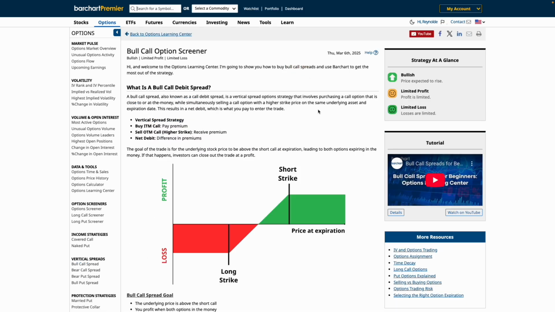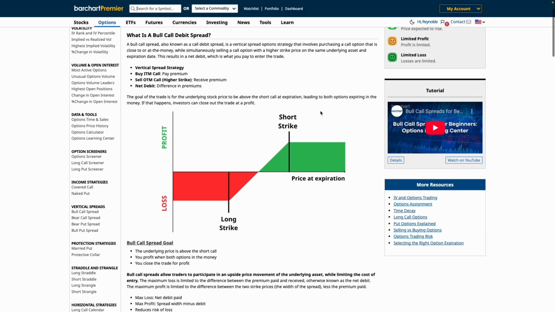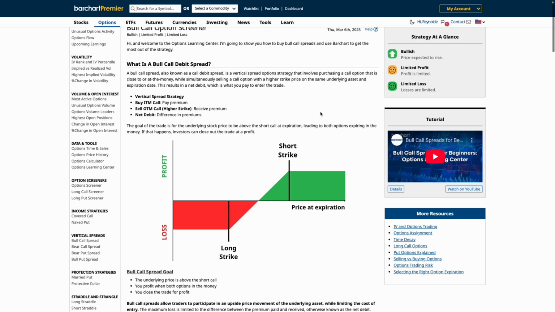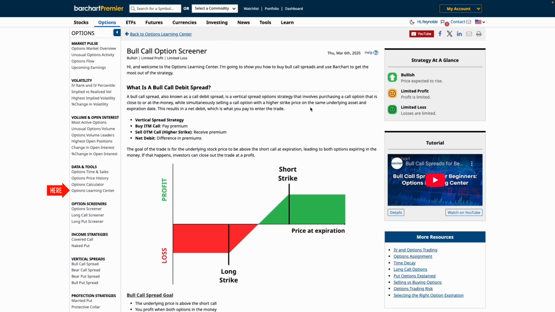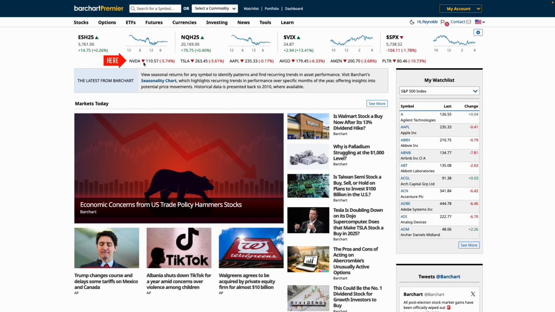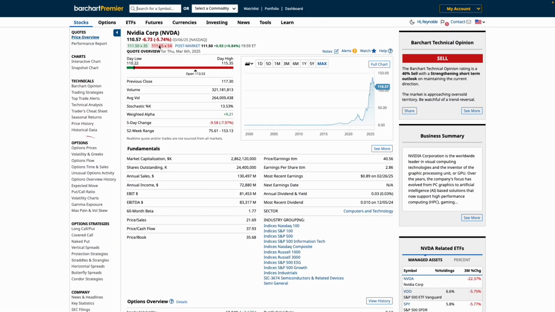Here is where you can access more educational content explaining how to use this strategy effectively in the Options Learning Center. Once you've learned the basics, you can apply your knowledge by analyzing symbol-specific options data for any stock. You can access this by clicking on any stock's page or typing in the symbol in the search bar. Once you're there, you'll find a full section of the menu on options data to get a complete breakdown of